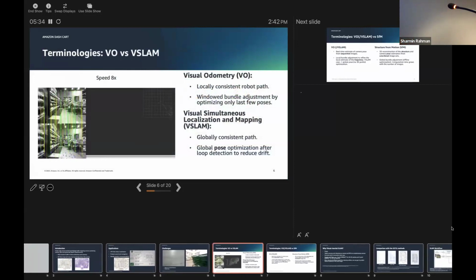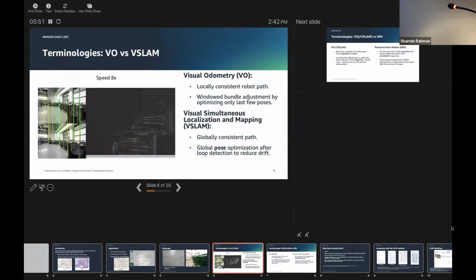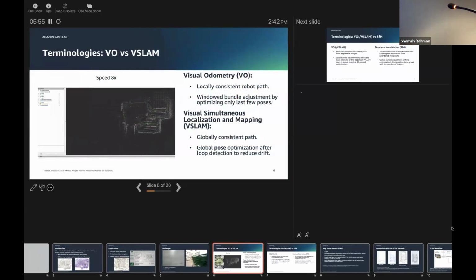So in this talk, I'll delve a little bit more into the details, like how we take these challenges and solve them. But before going into depth, let's focus on some of the terminologies that we're going to use here. The first one is VO, or visual odometry, and another one is VSLAM, or visual simultaneous localization